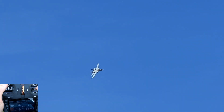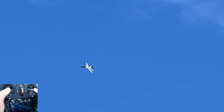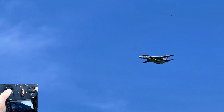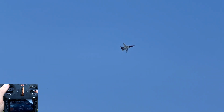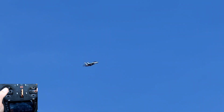Let's turn and burn right in front of us here. Again, those 5280 RC afterburners make this jet look so much more special and unique. 22.44 volts. 3 minutes. If it didn't have the ABs, I think it would still be cool, and I've flown it without them. But there's something about having them that makes the jet so much more cool in the air. It just has such an awesome presence to it, and they really show up at night, man. If we were out here at dusk,